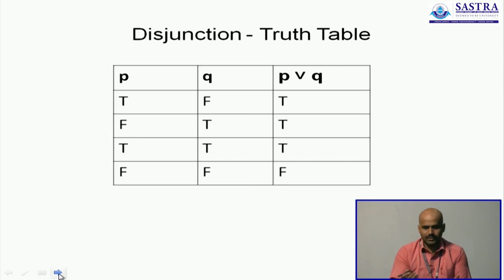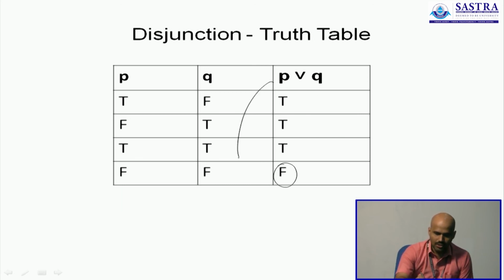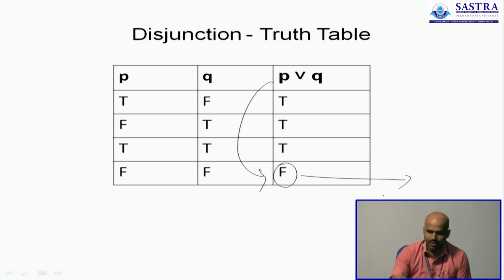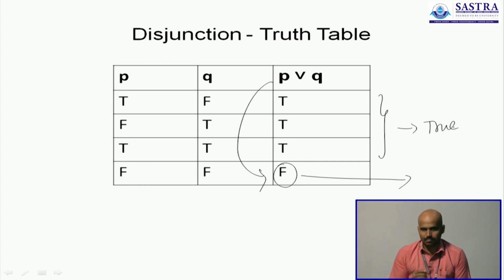The next slide has the truth table which explains the concept. So we have the four combinations of the values assumed by both P and Q, and we see that the disjunction takes a false value in only one of the four available combinations. In all the others, it is always true. It's false in only one particular instance. What is that instance? When both are false. When both are true, it's true. When one of them is true, it's still true. Therefore, this is what you call the disjunction.